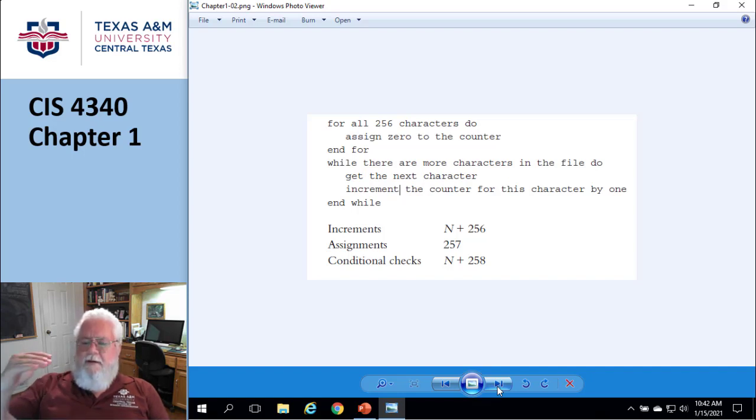So those things that increment, that takes energy, so to speak. It takes time. Assignments take time. Conditional checks take time. And so this is a way to count. But if I was to go further, let's say the file has 500 characters in it. So that's 1,771 operations. But if it had 50,000, not 500, but 50,000, it'd be